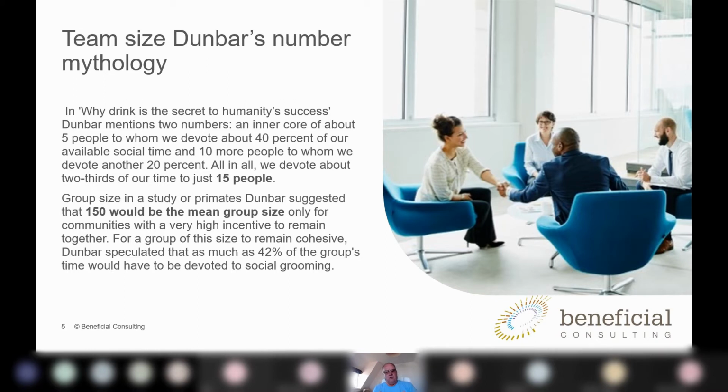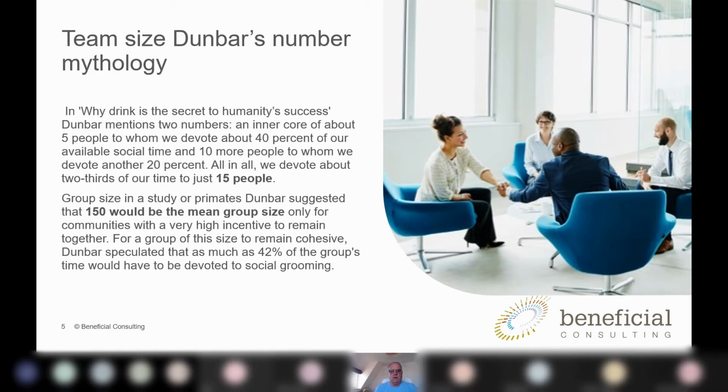So first of all, I would say to you that Dunbar's numbers are all based on anthropology, and I think the working practices are slightly different. He did come up with a mean group size for communities, going back to ancient Britons or tribes in the Amazon or African tribes, and saying that the village size is roughly 150 people.